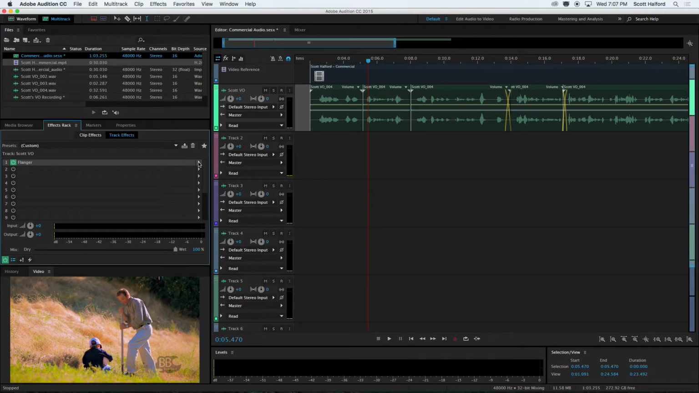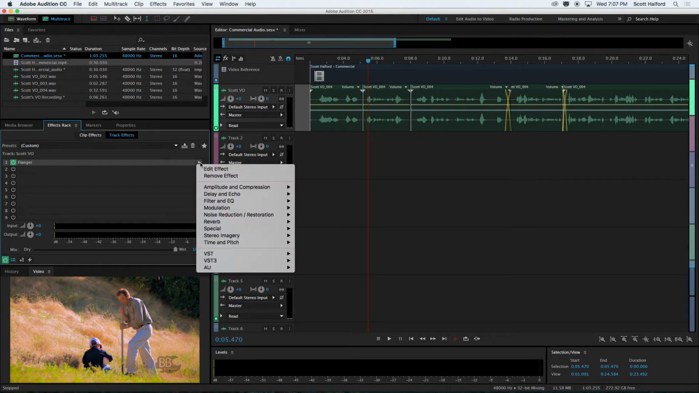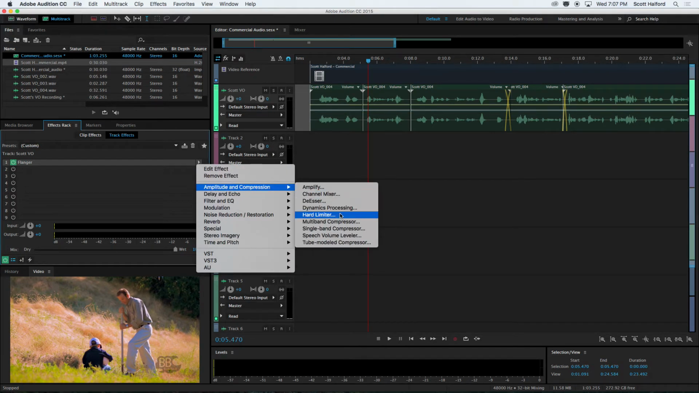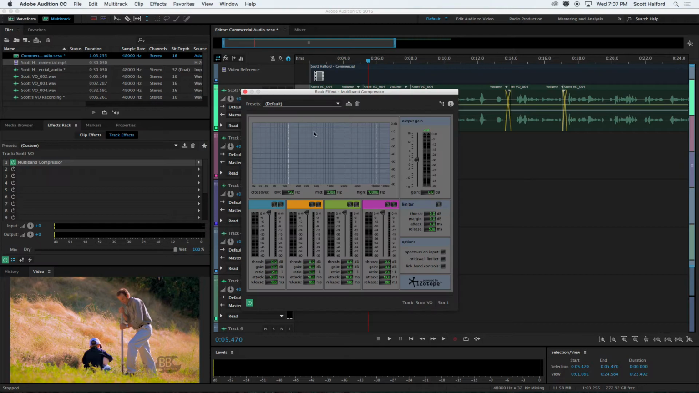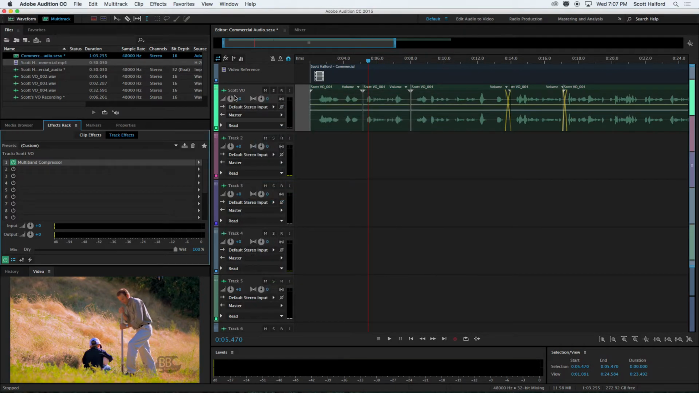So one thing I like to do is add this multiband compressor and then use this broadcast compressor. Did I talk about compressors before? Okay, so what it'll do is take the peaks and valleys and bring them closer together to increase the overall volume, what it appears to be. Like to your ears, it'll sound louder. It'll be louder, but